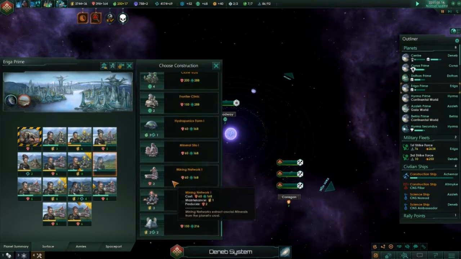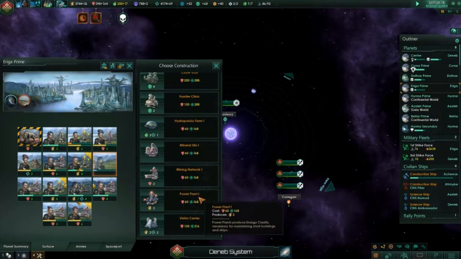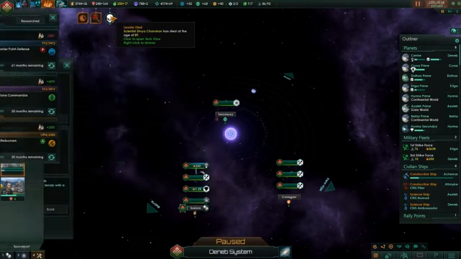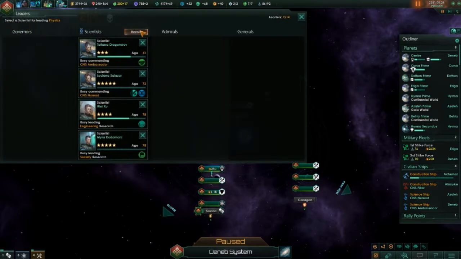Yeah. I think we just get mining network, actually. Now we'll do something creative. We'll get the visitor center. Ah, shit. Okay, well...